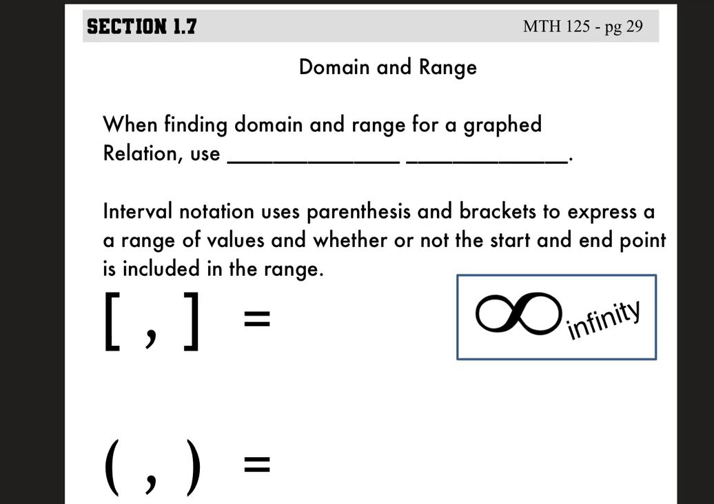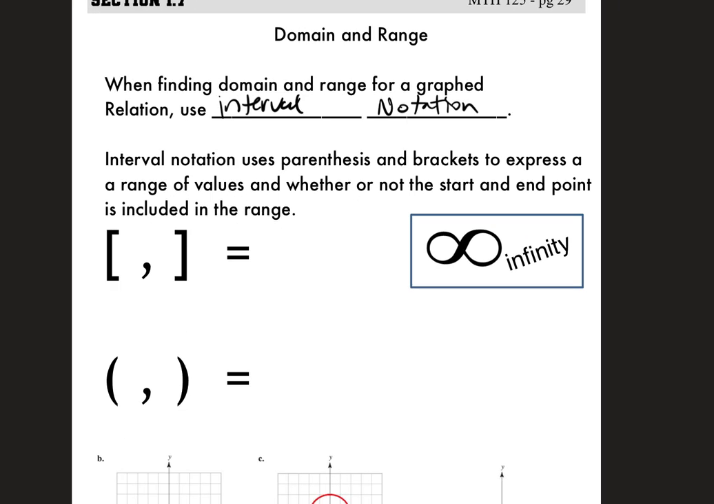When we're finding domain and range for a graph relation, we use what we call interval notation. Again, you see that word notation. We see that word when we're trying to express something or write something out. Interval notation is used to express a whole group of elements, but the group could be so big that instead of listing them out individually, we will put a set of parentheses or brackets, and then we'll put the first element and then the last element